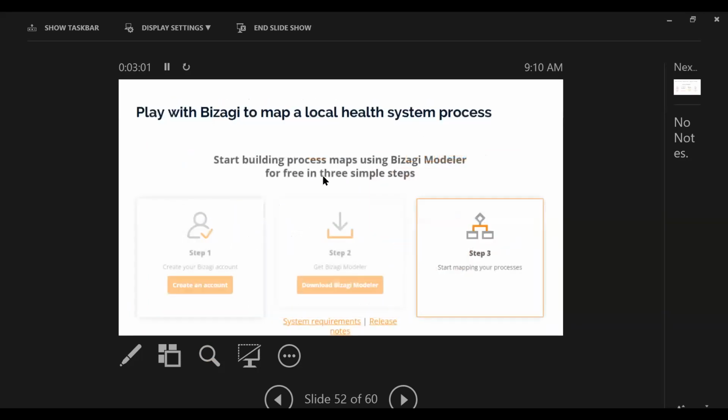Once you've downloaded it, you can use it out of the box just like that. So you create an account to enable your download, you do the download, and then you can start mapping. So hopefully everyone got to that point. Usually when you start Bizagi, it asks you to log on. You don't need to log on. That's just an option. And you can close that log on box and go straight into using your Bizagi